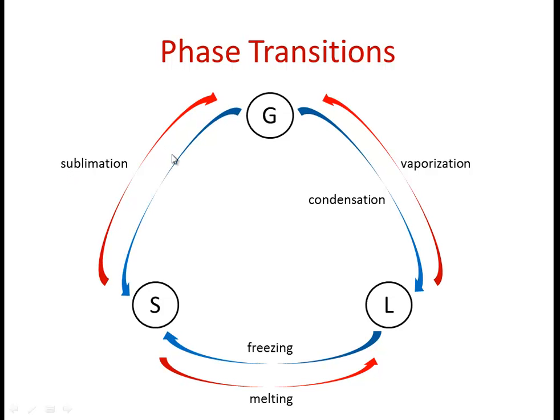And then probably the most obscure phase transition of the six is what we call deposition. So when a gas converts directly to a solid, it's said to deposit on the solid, and so that's called deposition. And just to be clear about the color scheme, as I said, whenever you see red, that's a